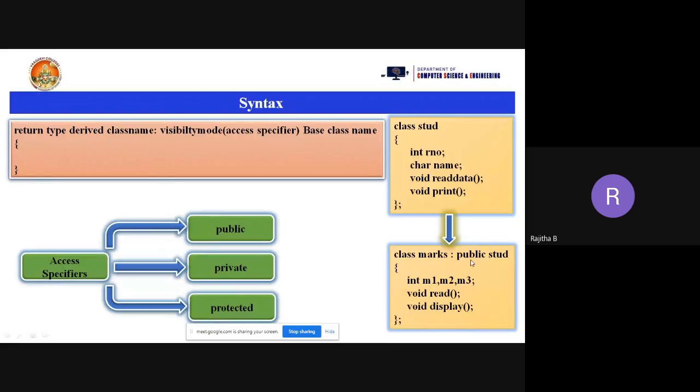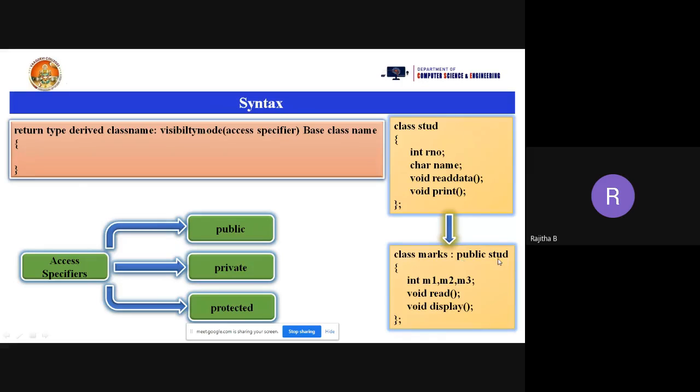I'm using the public visibility mode or access specifier here. From which class do you need to access the data members? The stud class. So you need to write that class name here. So the first syntax: class keyword followed by the derived class name, colon symbol, access specifier, either public, private or protected, and from which class you need to derive the properties. That class name you should write here. So this is the syntax of the inheritance concept.